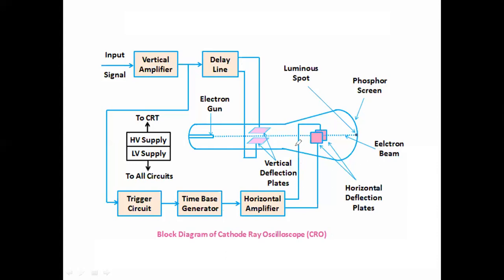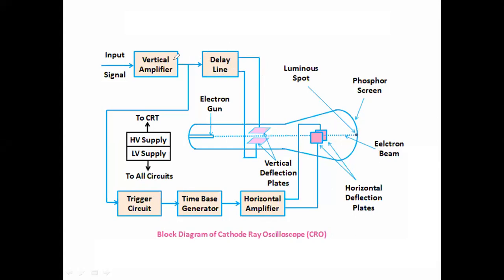Same instant of time it will be applied. So to make synchronization between the vertical deflection plates and horizontal deflection plates, the delay line provides some delay before applying the vertical amplifier output to the vertical deflection plates. Because in the horizontal section, there are three more circuits, so while the signal moves through these circuits, it will take some time. To provide that amount of delay, this delay line is used.